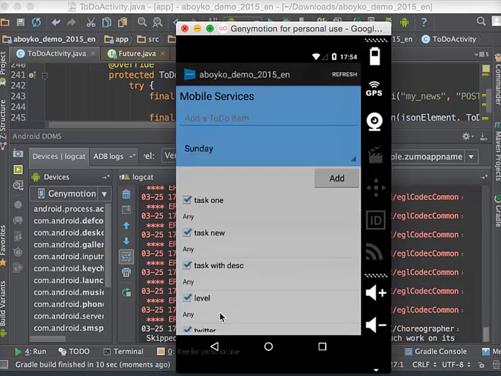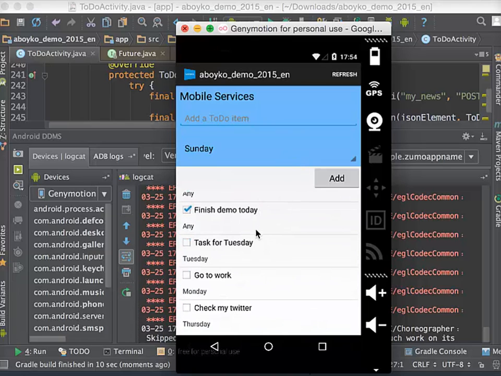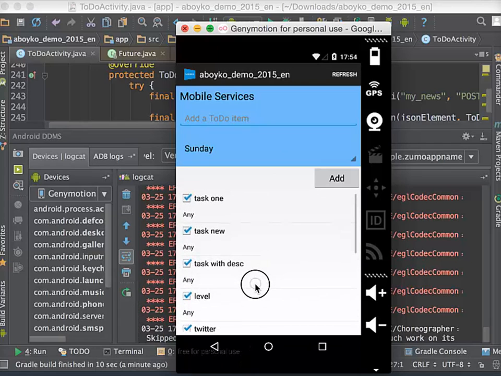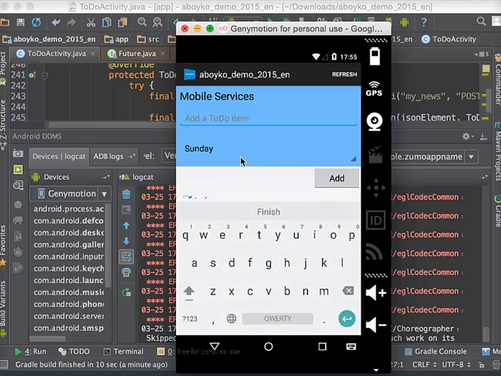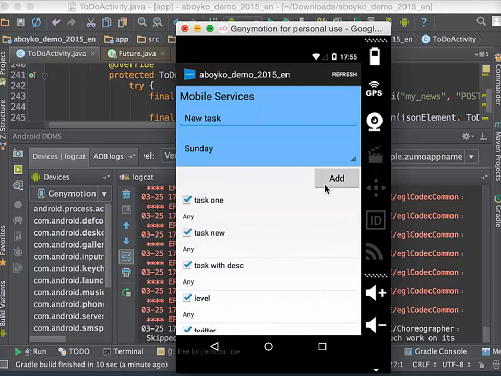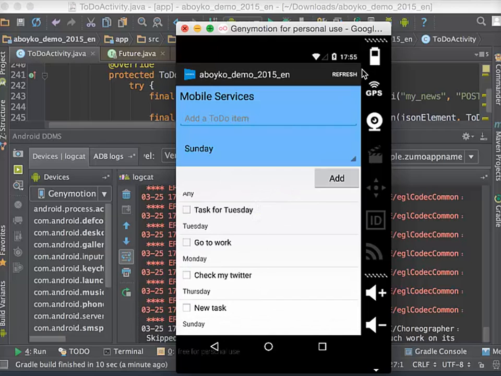Okay, I'm already authenticated, and yes, we can see all our items, just like we did with the request to a table. Okay, looks good. I guess